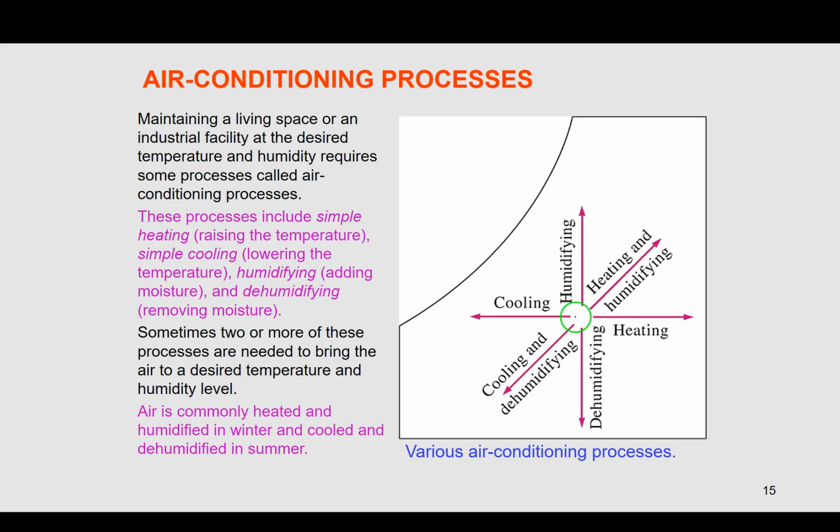Cooling without dehumidification will go in the direction of reducing the dry bulb temperature. We are adding heat without humidifying. It's a constant humidity ratio. We are going in the direction of increasing the dry bulb temperature. So this will be a resistor, for instance. This could be a refrigeration system. Okay, if we are humidifying, let's say that we are adding water, just go in the direction of increasing humidity ratio. If we're dehumidifying without changing temperature, let's say with silica,